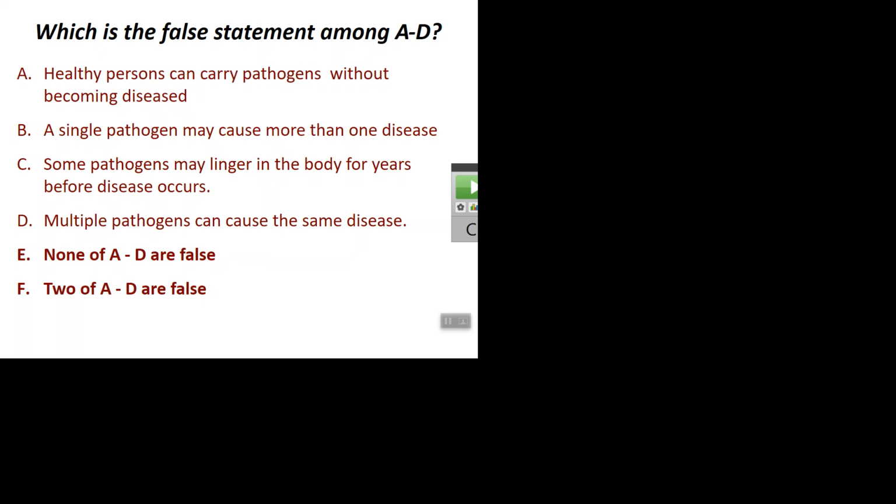So you have the chickenpox. I forget what that's called. Herpes, varicella zoster virus or something causes chickenpox and causes shingles later, right? Streptococcus pyogenes causes strep throat, causes flesh-eating disease, and I can't remember the other one. There's like 3 or 4 different things it can cause. But that B is certainly true. A is true, B is true, C: some pathogens may linger in the body for years. If the disease occurs, there's your HIV. Okay, HIV is one of those.